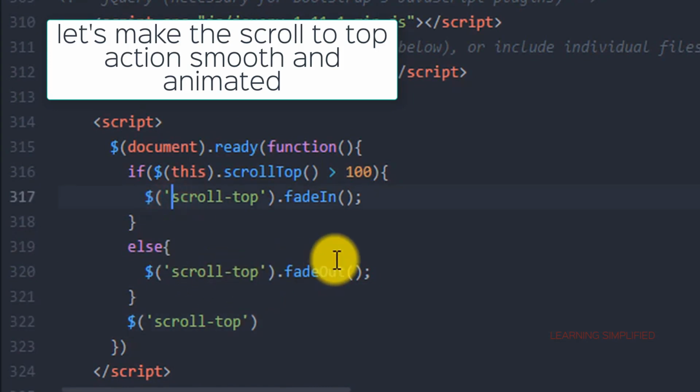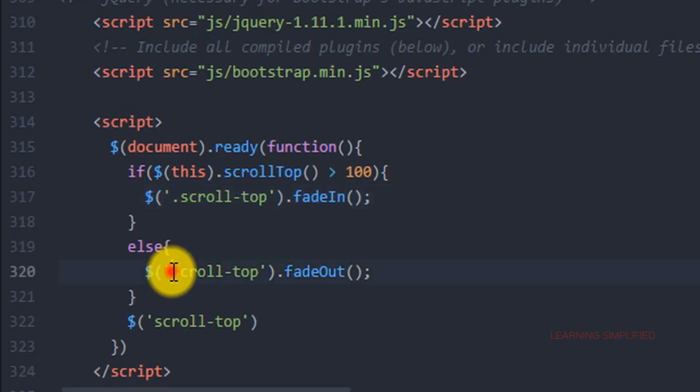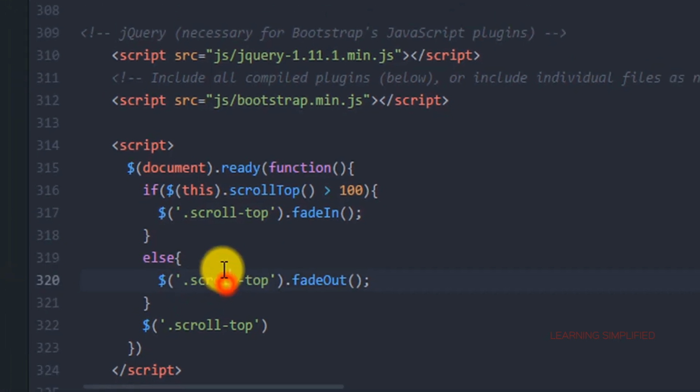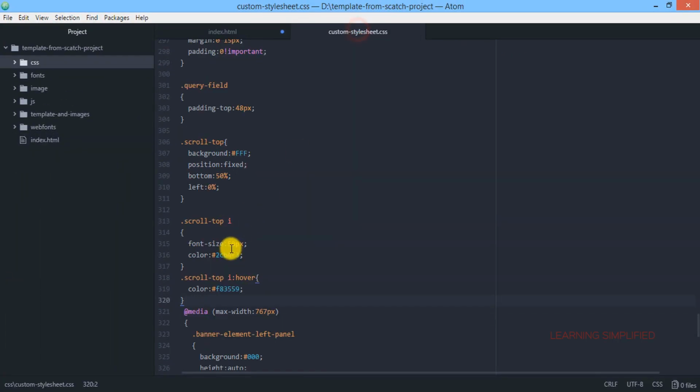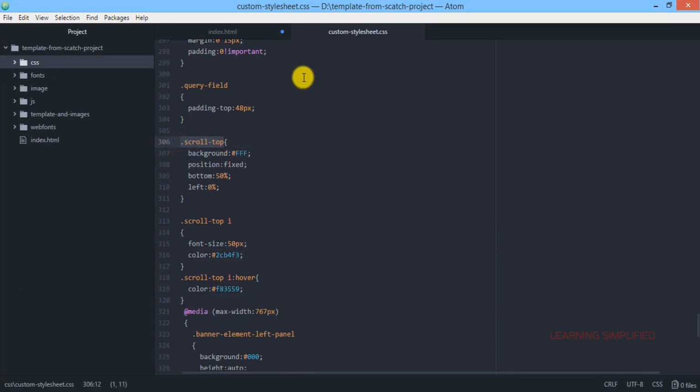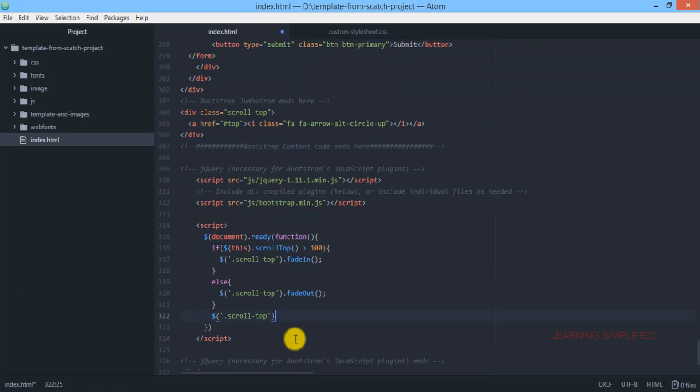Another thing: it will surely be a mistake if we do not specify whether it is a class or an ID. So in each case, whenever you are copying this, do not forget to mention whether it is a class or an ID. In this particular case, we have used a class here. This is the class scroll top. So you need to mention it here. Now all we are going to do, we are mentioning